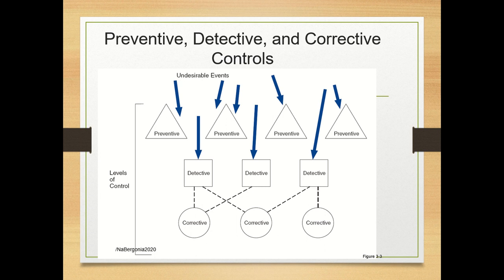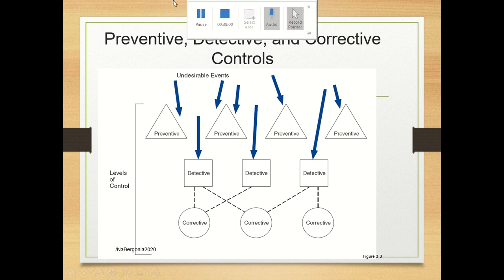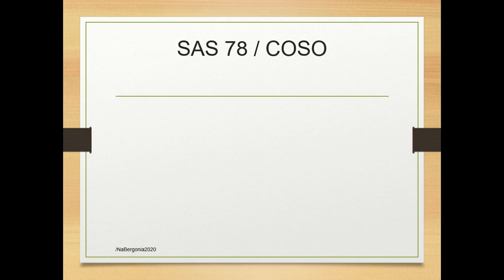So, wala naman. Okay. So, next, let's talk about the Statement of Auditing Standard number 78, as well as the COSO Internal Control Framework. So the Sarbanes-Oxley Act legislation requires management of public companies to implement an adequate system of internal control over financial reporting. So regarding the control framework to be used, both the Securities and Exchange Commission and the